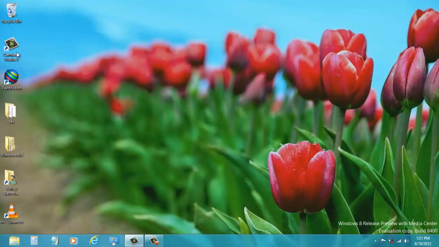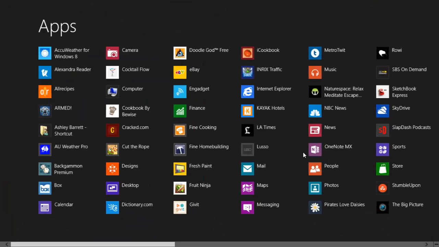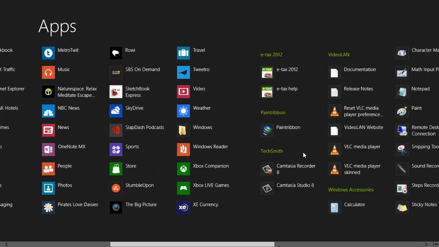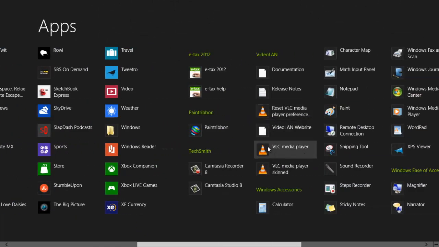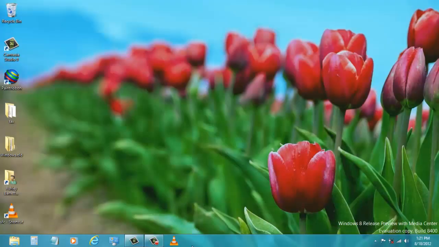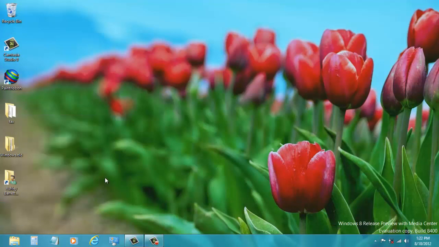Another way you can do it, of course, is to go to your Metro screen, to your All Apps, find the new software that you've downloaded, right click, and we can pin it to the taskbar. If we go back to the desktop, it's pinned to our taskbar. The other way you can find it,